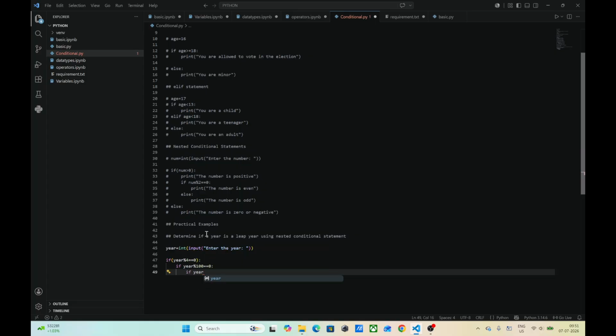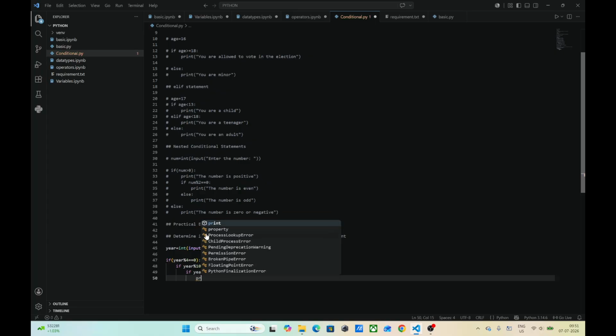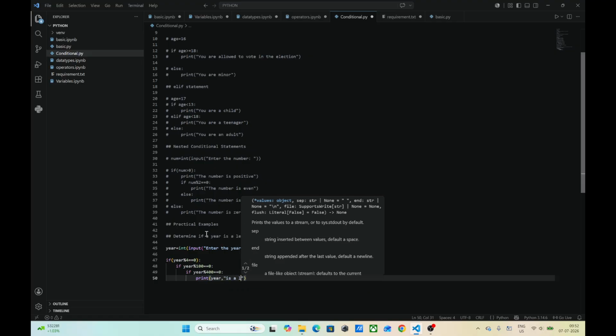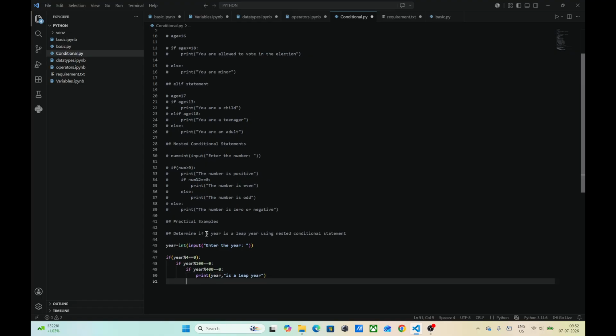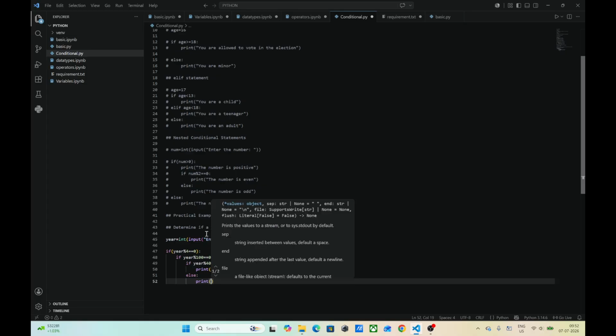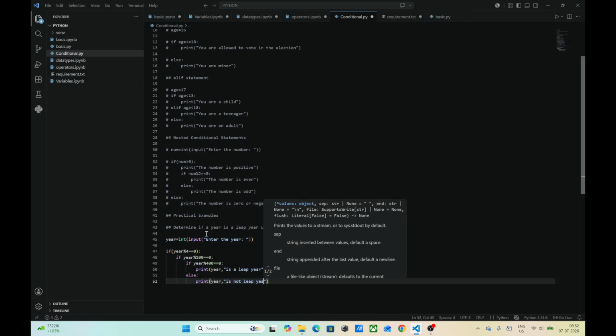If year modulus 400 equals 0, print year comma is a leap year. After I write this code, I will help you understand it in a faster and simpler way, but in a new way. Print year is not a leap year,